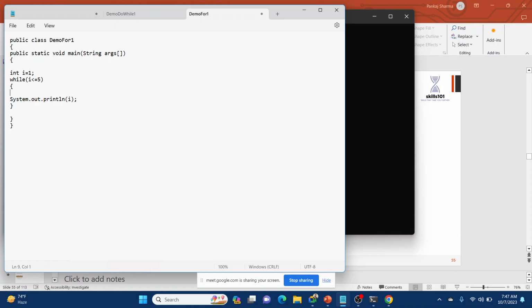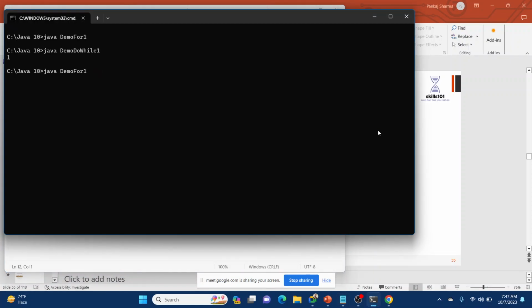If we have written plus plus i before the print, it will print from 2 to 5 or so, because we are writing it before the print so that we can understand what i plus plus or plus plus i do. So, demo four, let's compile.